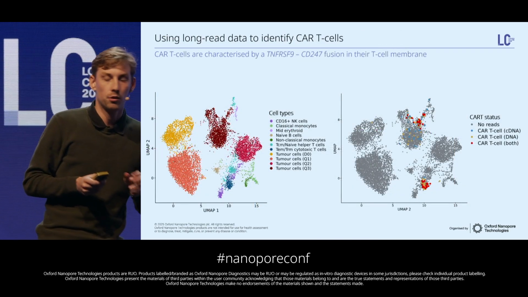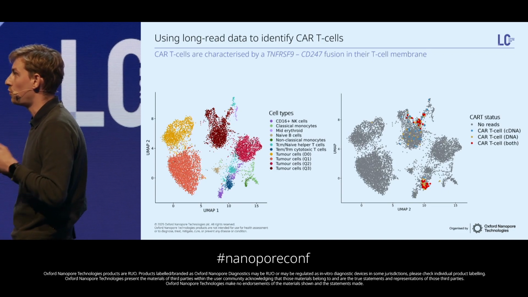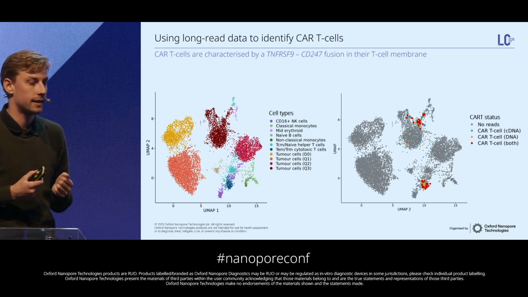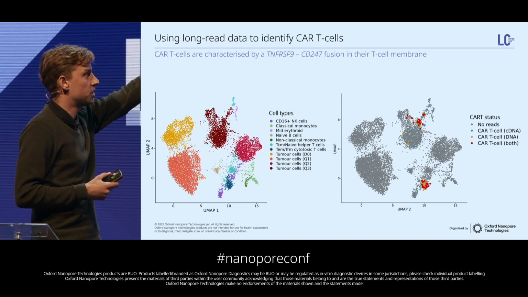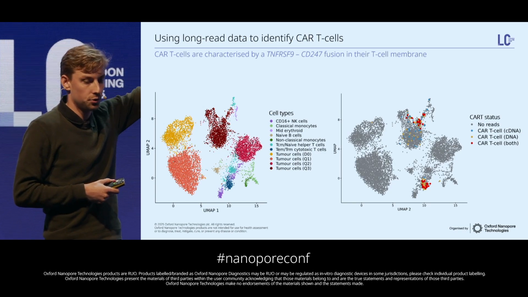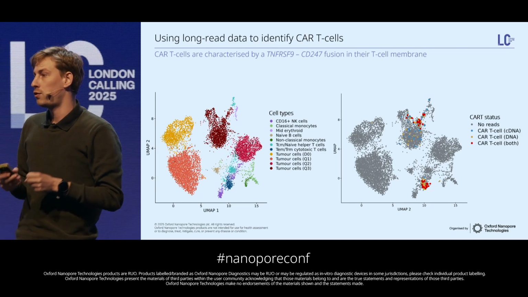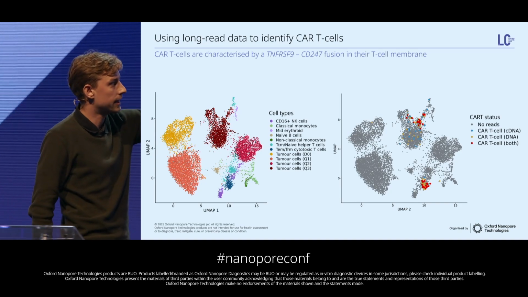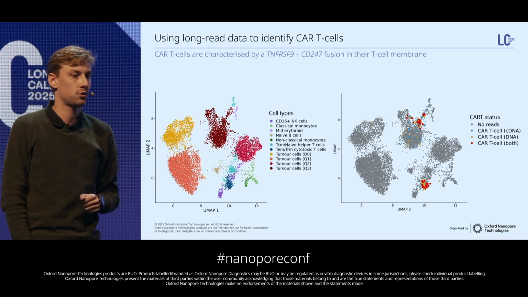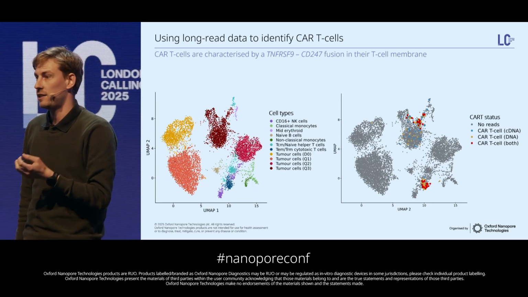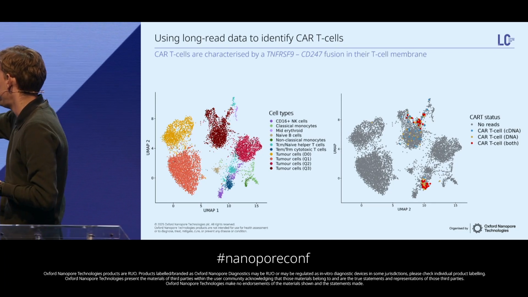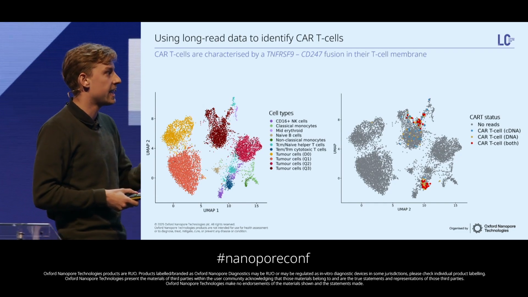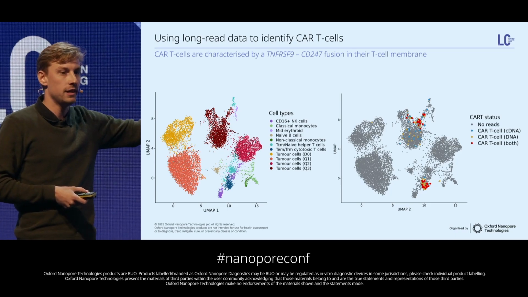But so we have now long-read data, and long-read data enables us to do all sorts of cool things. We were wondering whether we can actually find the CAR T cells in our data. And we know that these CAR T cells are characterized by a very specific fusion of these 2 genes in their receptor. With our full-length transcriptome, we were able to pinpoint this fusion and trace it back in the cells at the right bottom, which are actually the cytotoxic T cells. And we could validate this based on our DNA, as we saw that exactly in these cells we have multiple translocations also in the CAR T context, validating that these cytotoxic T cells may be the actual CAR T